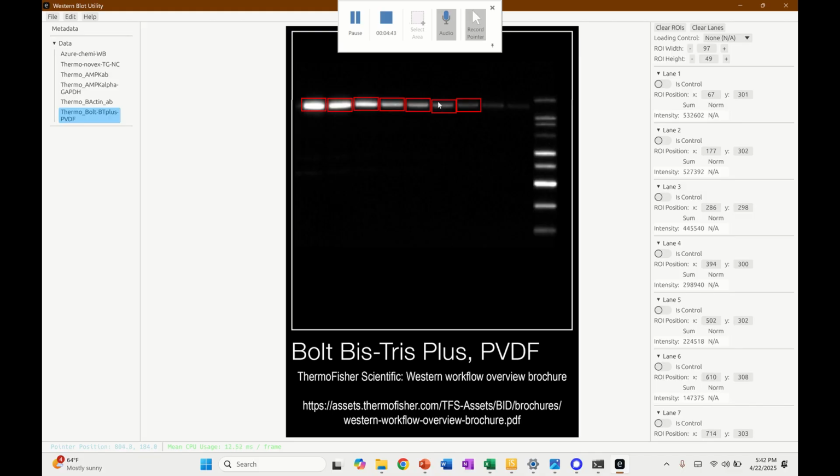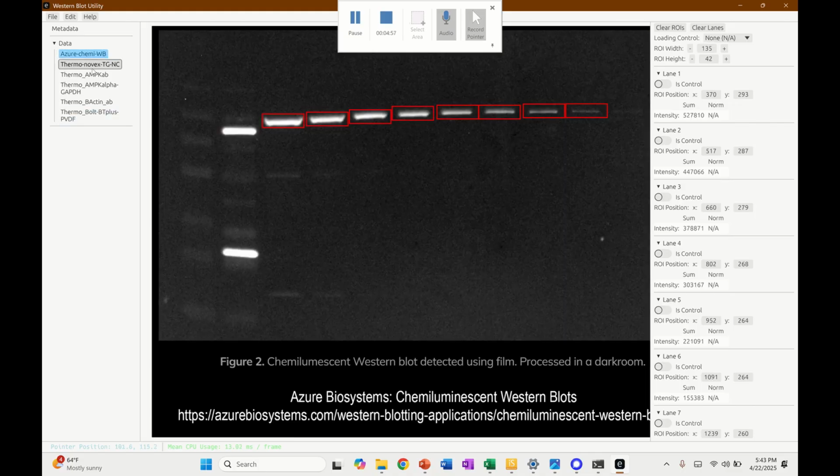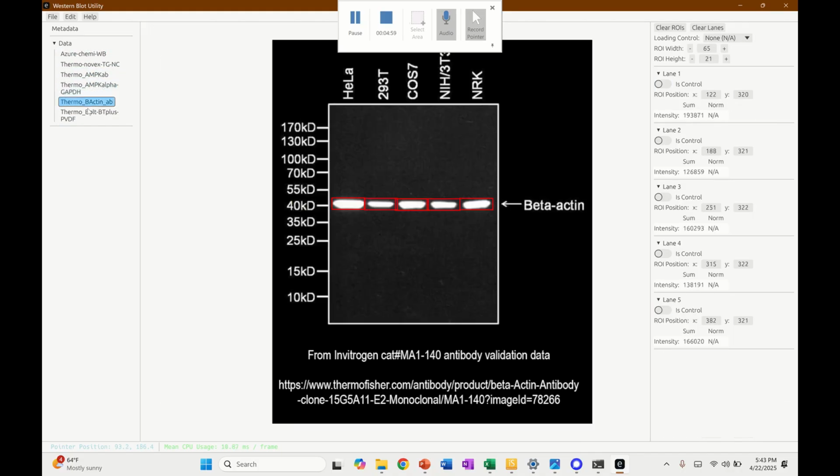And then you can manually move them with the mouse too if they're not quite in the right position, whether you've manually added it or it's automatically populated it. And then once you're done quantifying all your images, so I have ROIs on all these images,